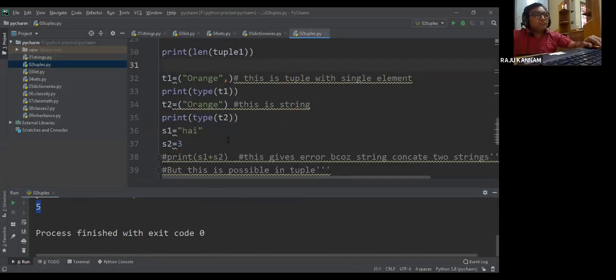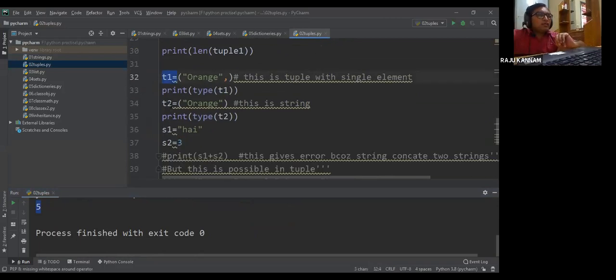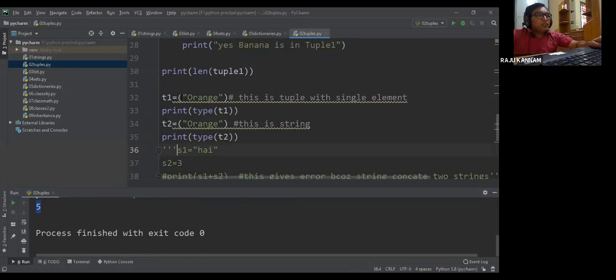Now, what is the difference between a string and a tuple? Here I'm making t1 equal to orange.